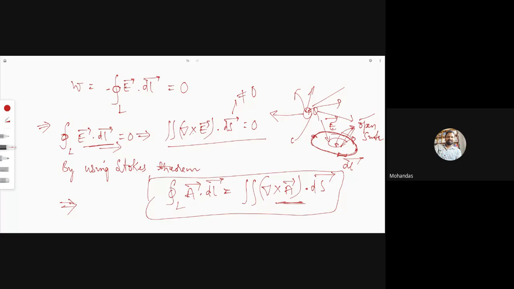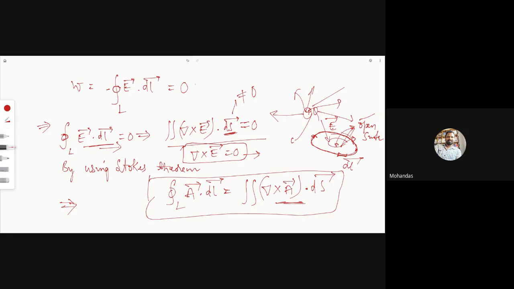And this is a mathematical equation which is equal to 0. So if ds is not equal to 0, which term should be equal to 0 to satisfy this equation? Del cross E bar should be 0. Very good. Del cross E bar equal to 0. So this is called the second Maxwell's equation.